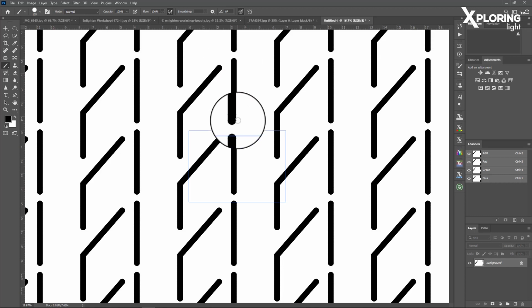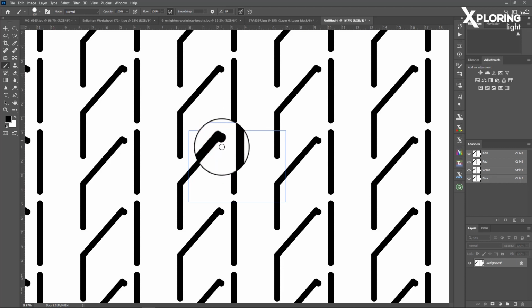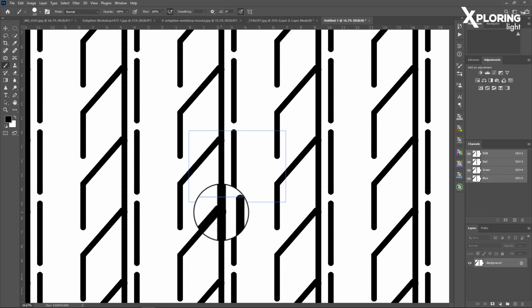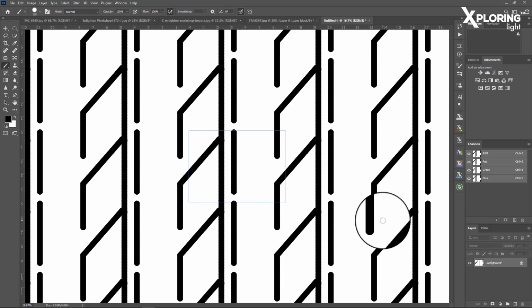Isn't it beautiful? Let me try something different. Starting from here, it becomes seamless. I can create any pattern that I want and can save it in my patterns folder in Adobe Photoshop. So as you can see, most of the features introduced by Adobe in Photoshop are artificial intelligence related.